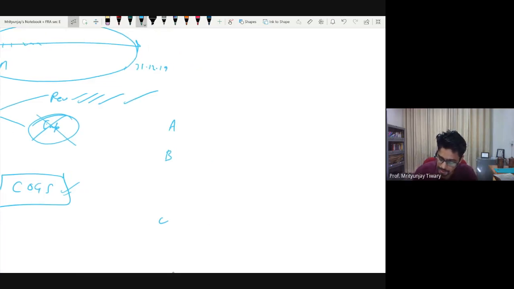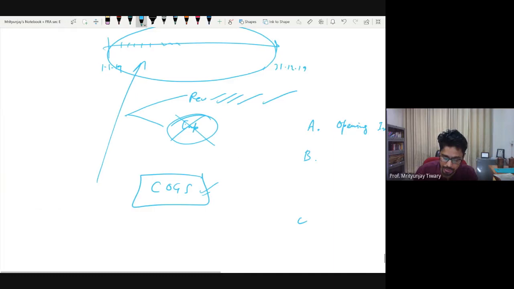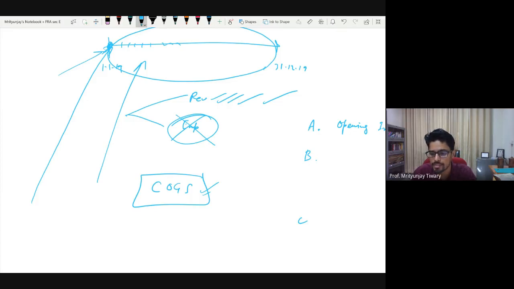Information number 1 is my opening inventory. Now, what do we mean by opening inventory? Opening inventory means when you started this year, how much inventory was there with you when you began the period. Most businesses are continuing operations, so from last year you would have some amount of inventory lying with you. First of all, we want that information: how much inventory you started the year with. ये समझ आ रहा है?